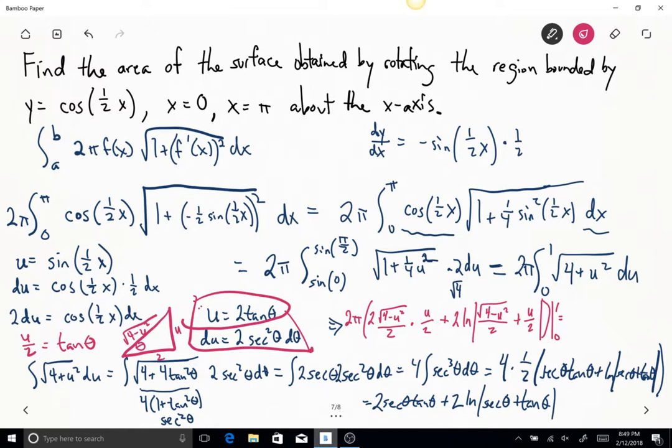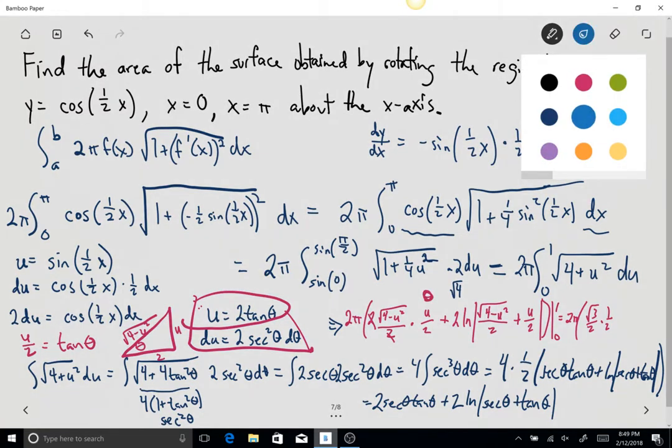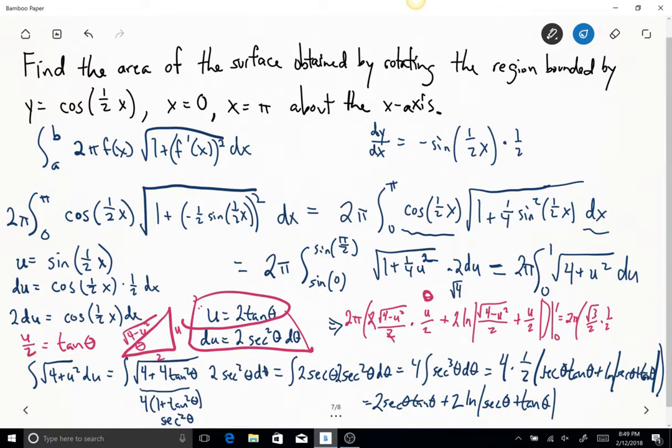Okay. So now, where do we go from here? Well, we get 2 pi. Not sure I'm going to be able to fit all this. So 2 pi times, notice our 2's will cancel here. Okay. And so when we plug in 1, notice we'll get the square root of 3 over 2 times 1/2. When we plug in 0, we're going to get 0 just from that term right there. So we don't even have to worry about the 0 for that part. Okay? So plus,